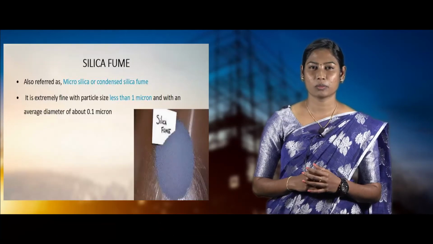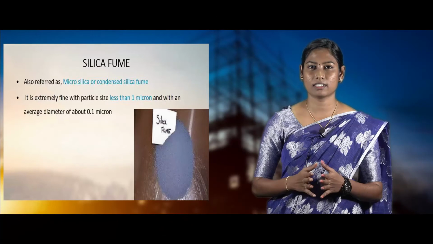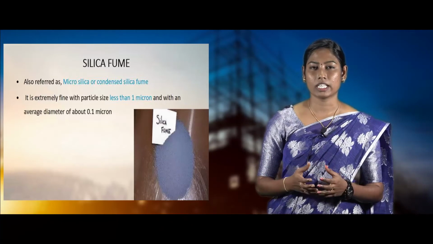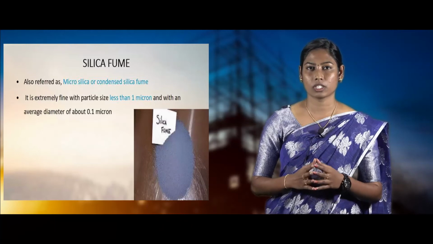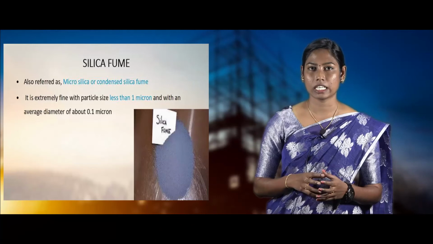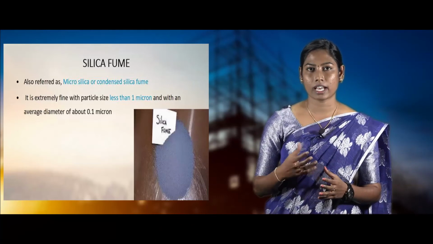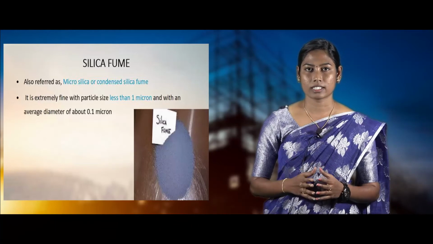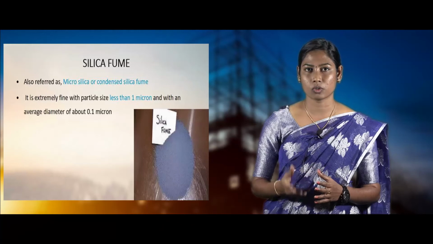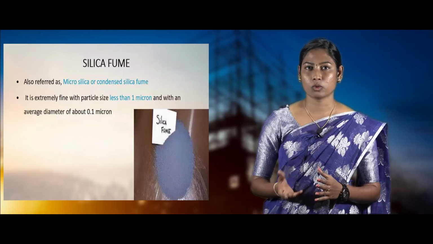Next one, silica fume. Silica fume is also called microsilica or condensed silica. It is a product resulting from the reduction of high quality quartz with coal in an electric arc furnace in the manufacturing of silicon or ferrosilicon alloy. Silica fume oxidizes and vaporizes. It cools, condenses and is collected in cloth bags. It is further processed to control the size of particles and remove the impurities.